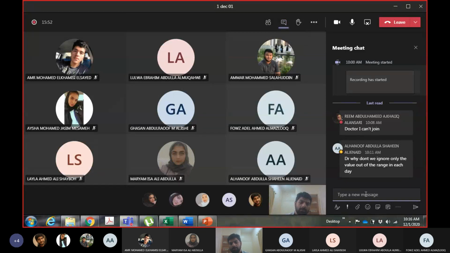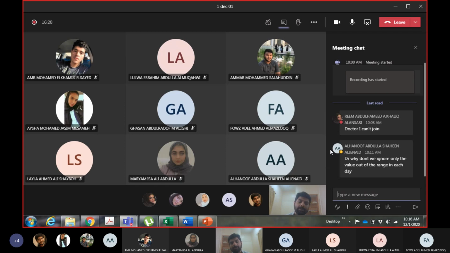You cannot ignore the value out of the range only because... then what would you do with that value? You need a value for two. For example, if the Monday value is out of the range for station 4, and you have a coverage point near station 4, what would you do for Monday? You will use the average? That will be wrong.